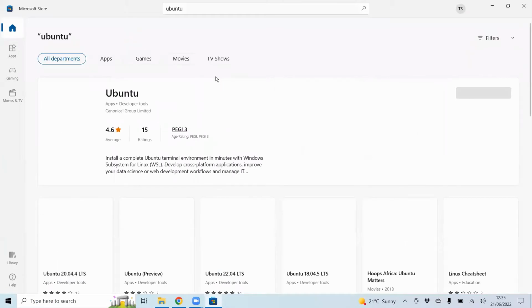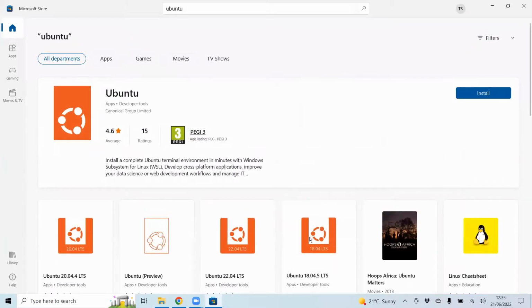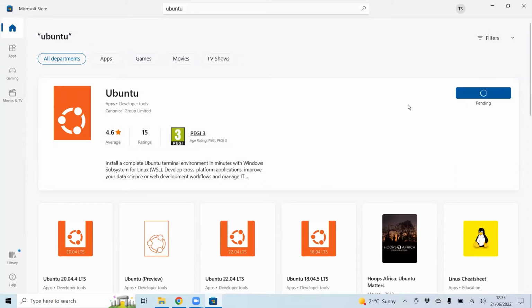You will see different versions of Ubuntu here, like Ubuntu 18.04, 22.04, and 20.04. In our system, we will install this Ubuntu, which will always be the latest stable version. Right now it will install Ubuntu 22.04. It's very simple. Just click here, install. It will start downloading Ubuntu, it will take some time, and then it will install.